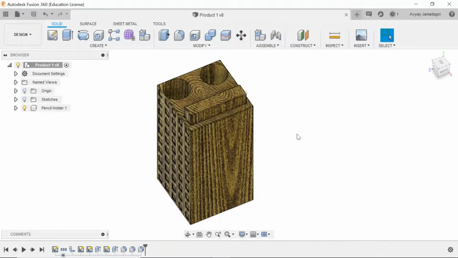Now, it's not necessary to change this appearance for 3D printing, as an STL file, which is what we're going to be exporting to, only carries the main structure, the physical geometry of it. So even if you put any appearance, it won't take that into consideration. So to convert to an STL file, which is what 3D printers use to print, all you need to do